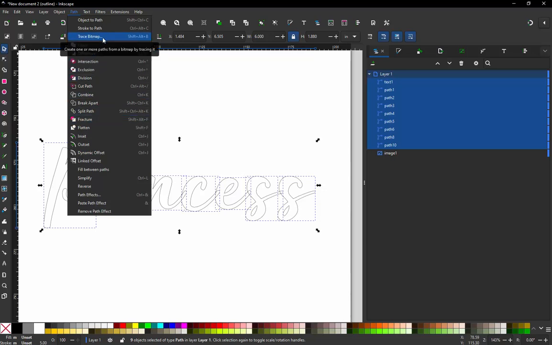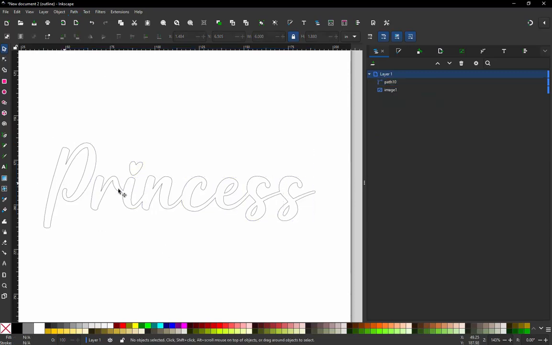So it's definitely not going to hurt to take some time to understand what all these Boolean operations are. But the first one here is union, and when we click on union, you'll see all the overlapping goes away. You can see there we have a nice clean princess ready to go. Now, one other thing that